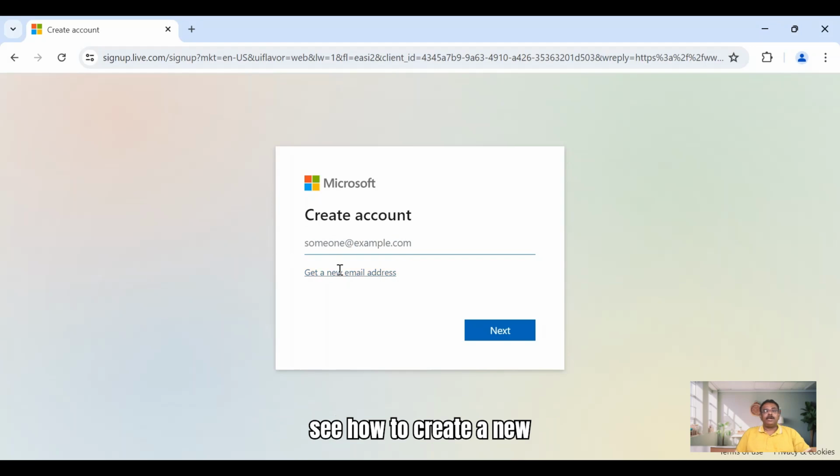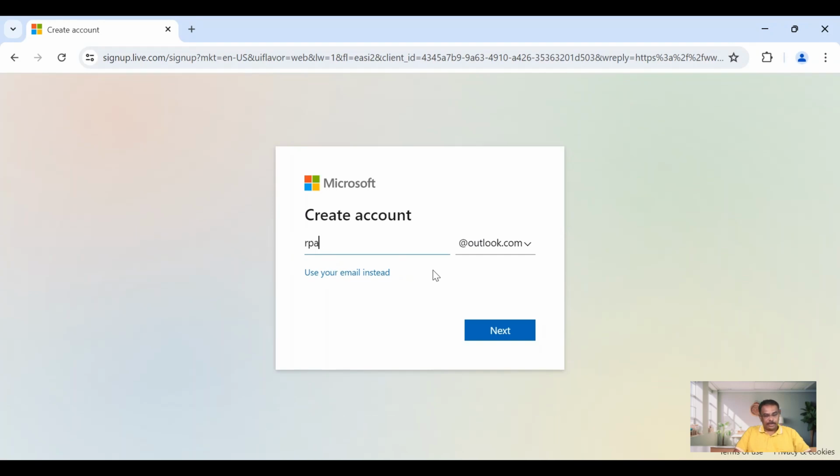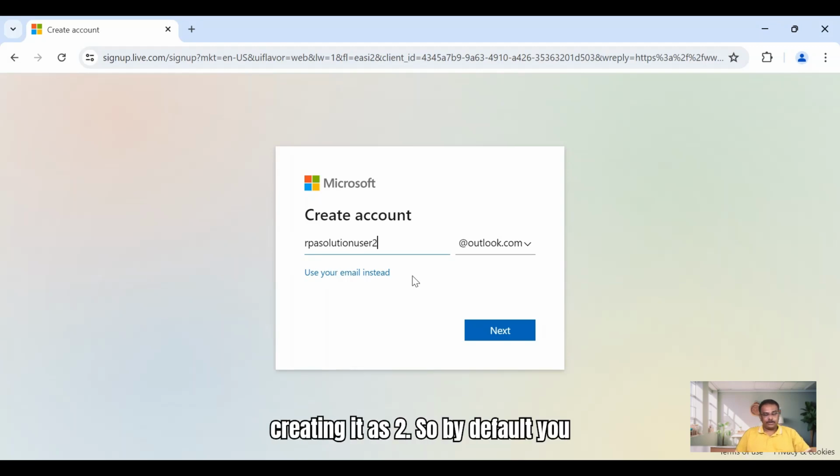Let's see how to create a new Microsoft email ID. I press here. You can enter the actual name in which you want to create the account. Let me create RPA solution user 2. One I already have, so I'm creating it as 2. So by default, you can create it as outlook.com or hotmail.com. Press next